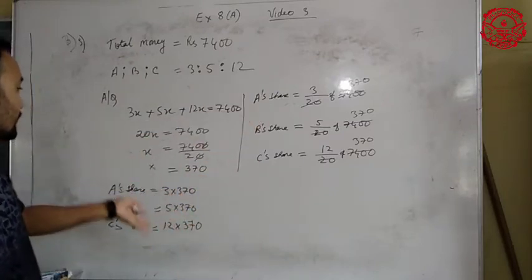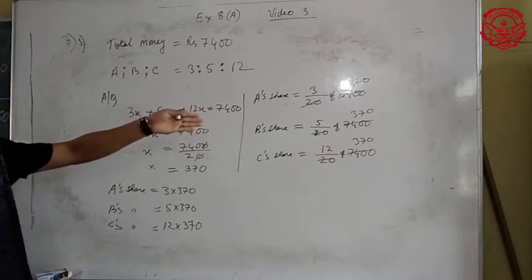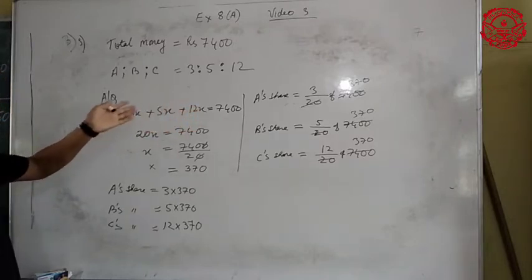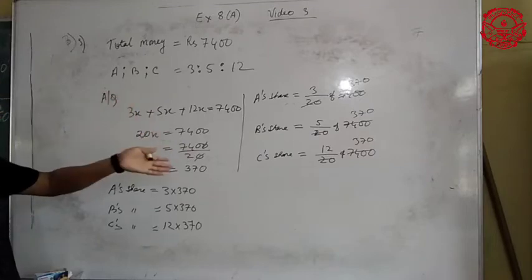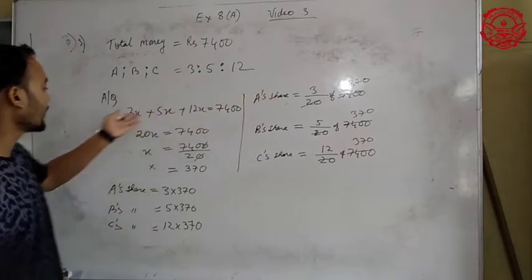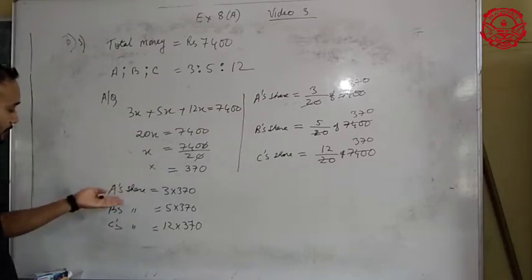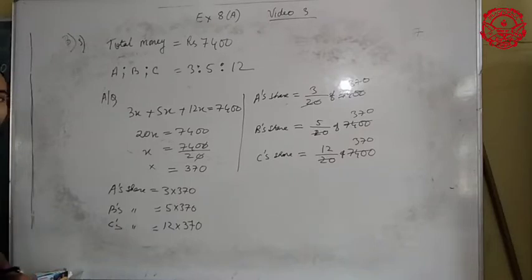These are two different approaches. You can try this, or you can try that. The amount of time consumed will be the same in both cases. Here you are directly finding the answer. Here we first find the value of x, and then we need to multiply it with both sides.